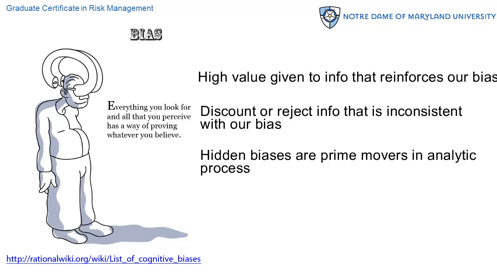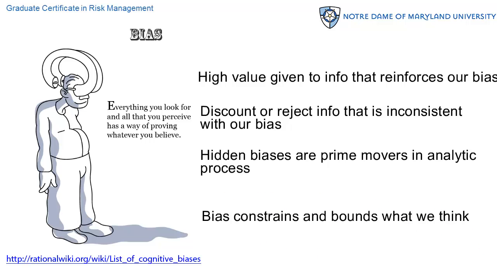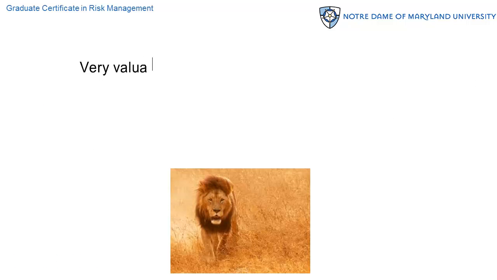These hidden biases are the prime movers in our analytic process. That's how we select our tools, that's how we select our data, that's how we draw our conclusions. Bias can constrain and bound what we think in any given situation. Bias is basically plausible reasoning, and plausible reasoning can be a really good thing, but it's not always a really